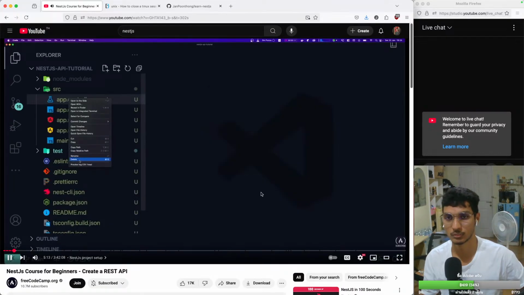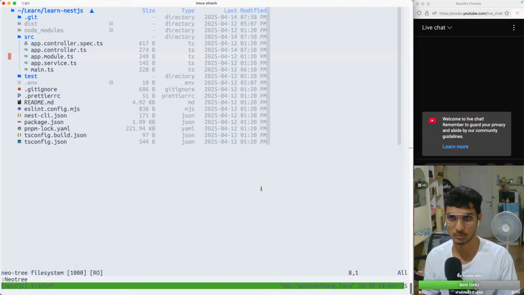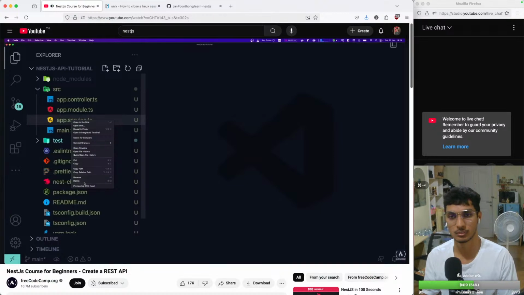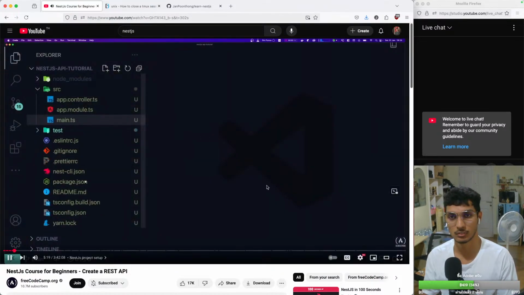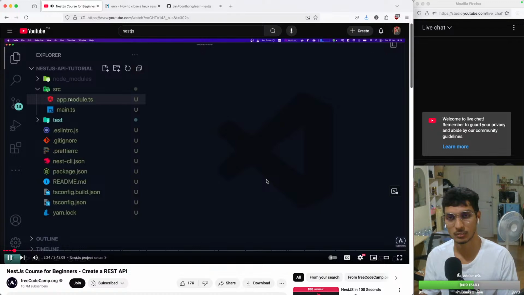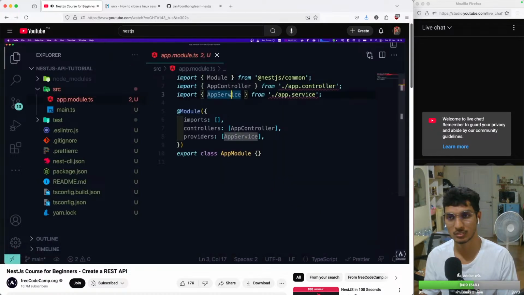We don't need the app controller spec, and we don't need the app.service. And nor do we need the app.controller. And since all those files were imported into the app